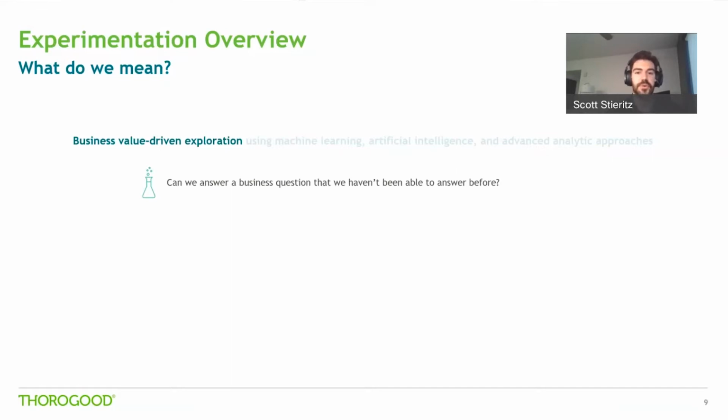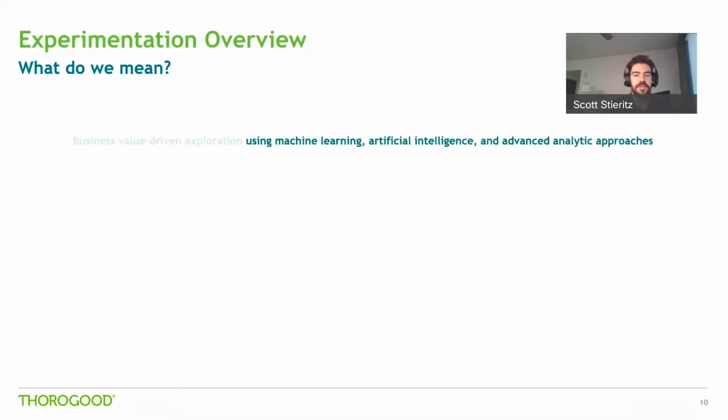Is there something new that we can bring to our organization? But that doesn't mean we need to come up with a new invention or have a completely brand new idea every time we want to venture into the world of analytical experimentation. We can also think about, is there something that we're doing within our organization today? Have there been existing attempts to answer a business question that we can approach in a new way or in a better way, given new data that we have or techniques that we have or technologies that we have available to us? Which leads us to the second half of this definition.